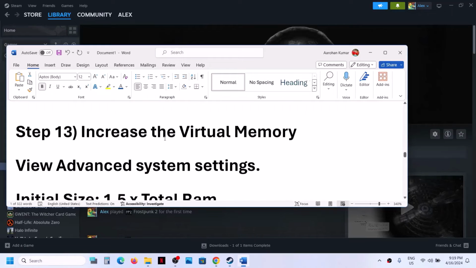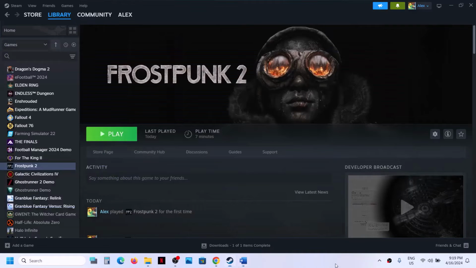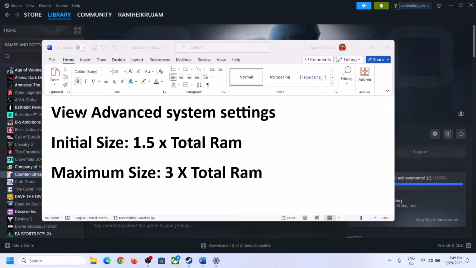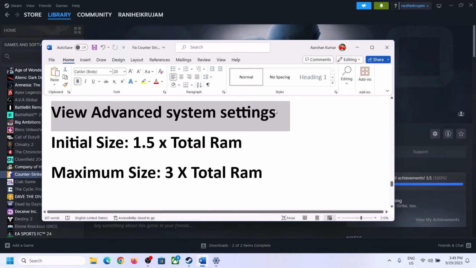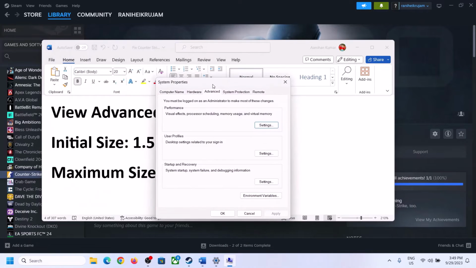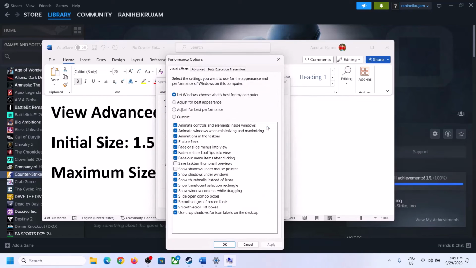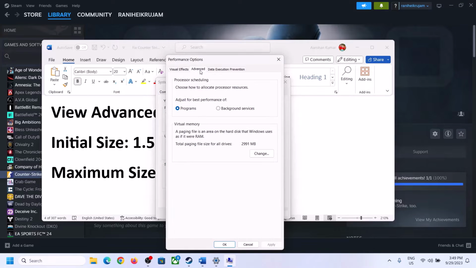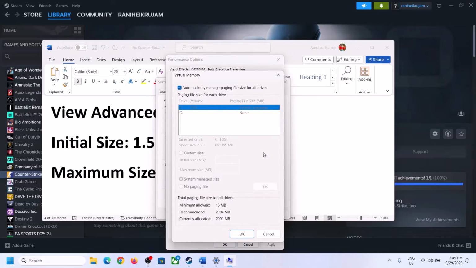Next step is to increase the virtual memory. So to increase the virtual memory, type in view advanced system settings in Windows search box, and then click on view advanced system settings, and then click on the first settings, and then go to advanced tab, and then click on change over here, and then select the drive. So uncheck the box which says automatically manage paging file size for all drives. Uncheck this box and select the drive where the game is installed. So select the drive, and then once you select the right drive, now put a check on custom size, and